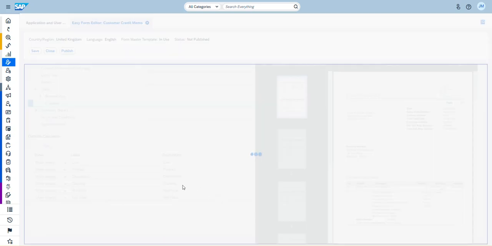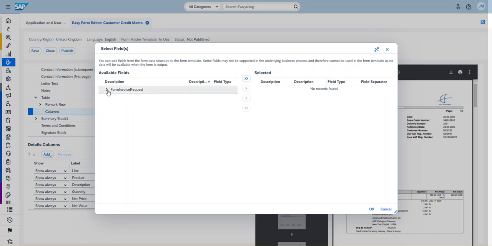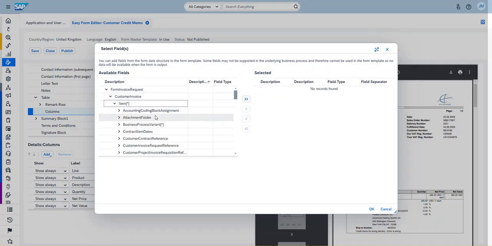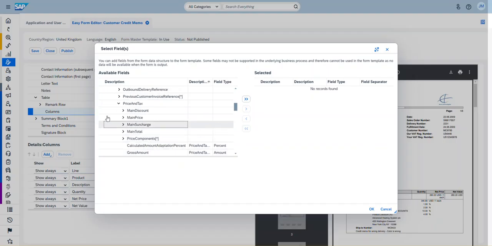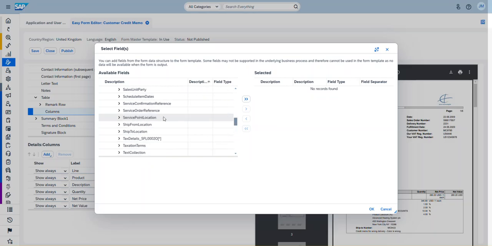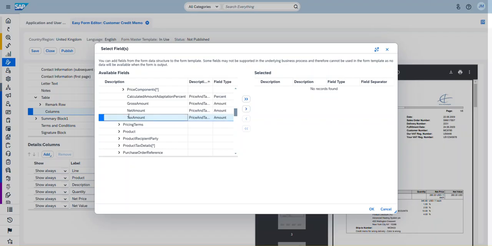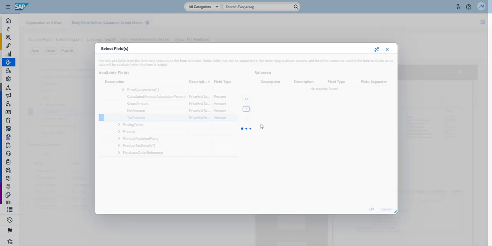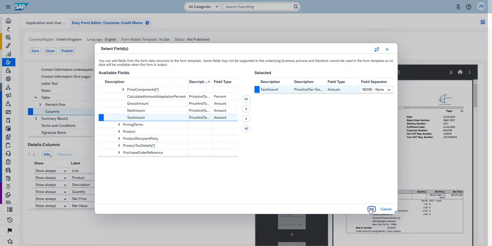I will just click on add column. A dialog box is going to be previewed for me. So I'm just going to select some of these items, and you can see we have some fields here. So let's say I want to show the price. Okay, so we have a list here of the items in the column. Let's assume we need to include the tax amount on the column. So I'm just going to select this and push the tax amount to the right. So I'm going to click OK,